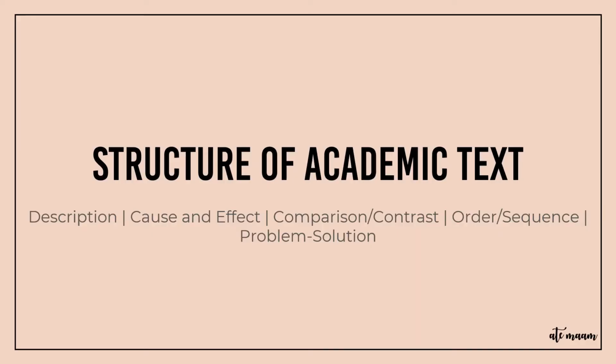So for today's topic, we will be tackling the structures of academic texts. I will also give you the 5 classifications of academic structures, which include description, cause and effect, comparison or contrast, order or sequence, and problem solution. This will help you in planning what kind of academic text you are writing. And if you are given a topic, you will be able to plan and know what classification